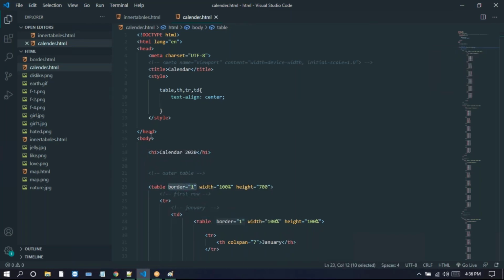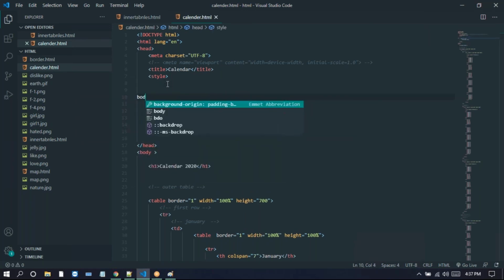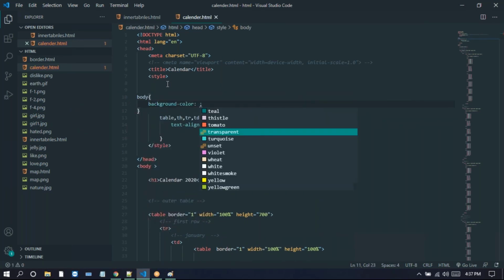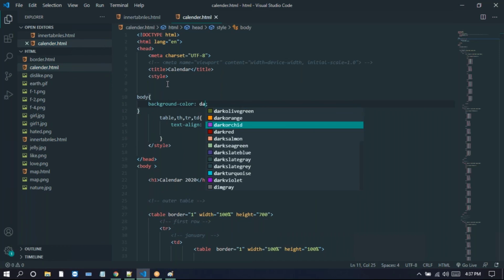First I take the background color. Here we take the body tag, and inside of body I take background color, dark blue.